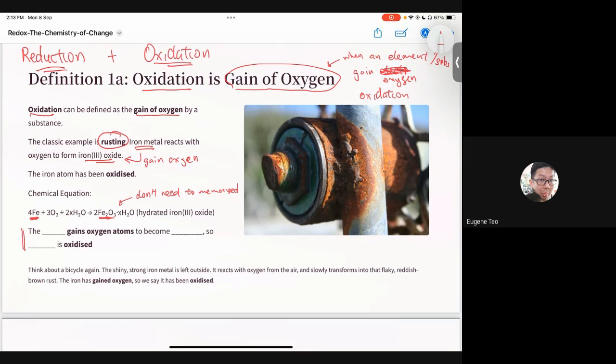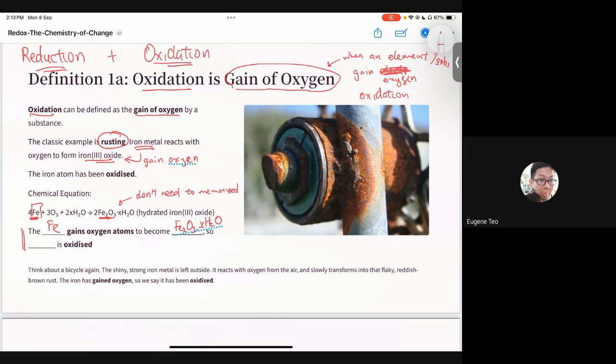So I'm going to say that the chemical symbol, Fe, gains oxygen atoms to become